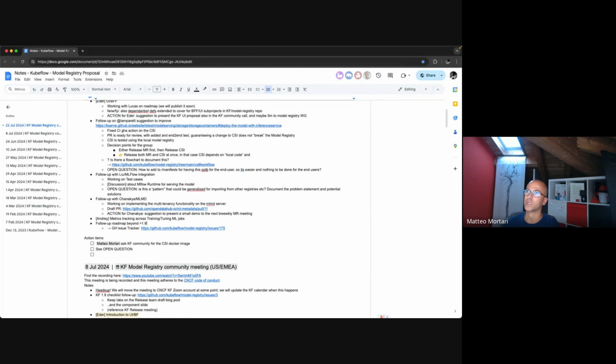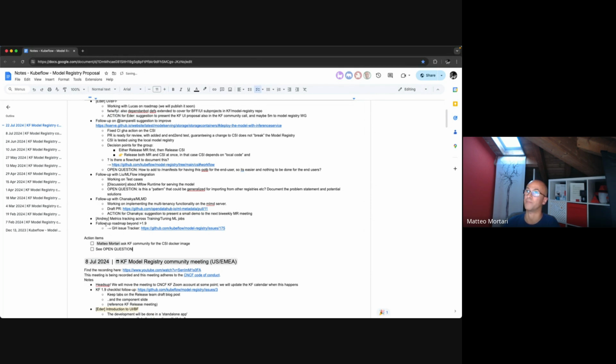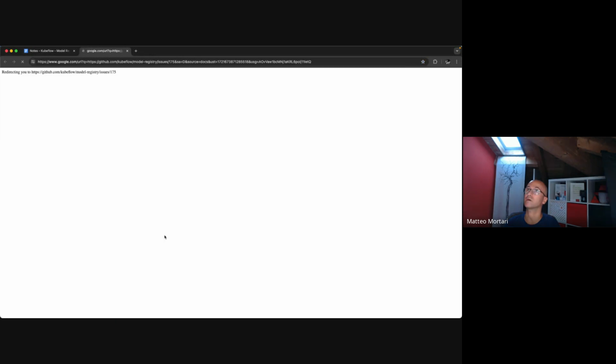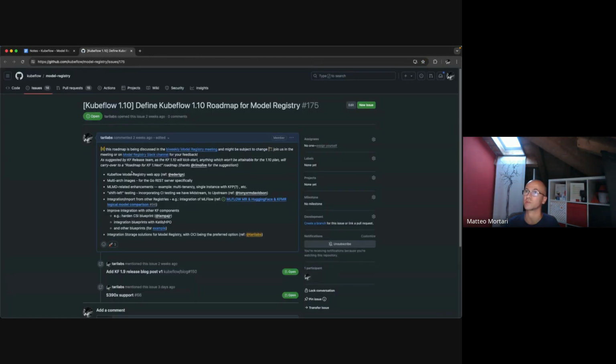Otherwise, as a reminder, we have the roadmap proposed for 1.10. Next week is going to be the retrospective on 1.9, and then we are going to onramp for 1.10 in the Kubeflow community at large.